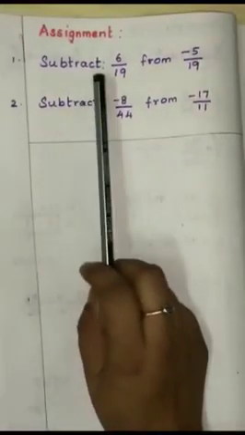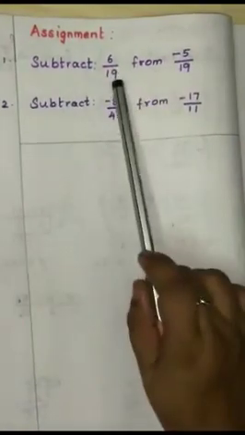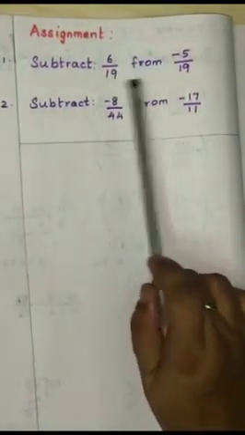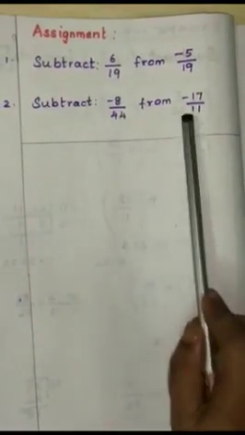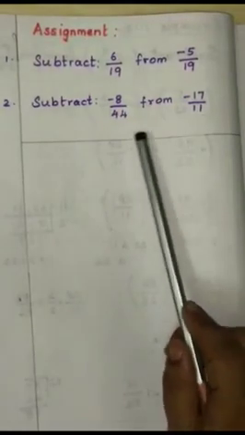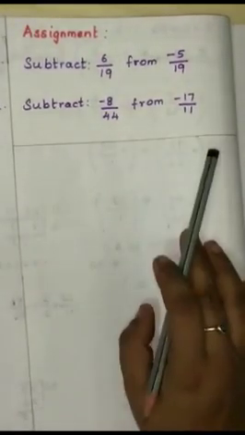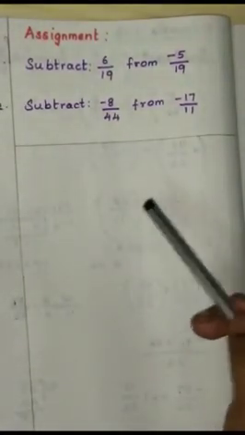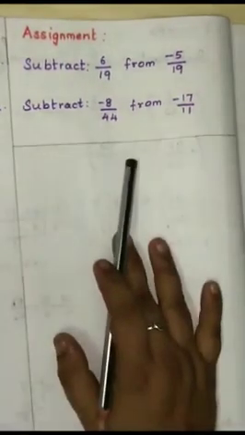Two problems I have given you as homework. First problem, denominators remain same, so it is easy to subtract. Second problem, denominators are different, so find equivalent rational numbers whose denominators remain same. Then you do it, and the answer which you will get will not be in standard form, so reduce that into its lowest form, then you write the answer. I hope you all will do it correctly.